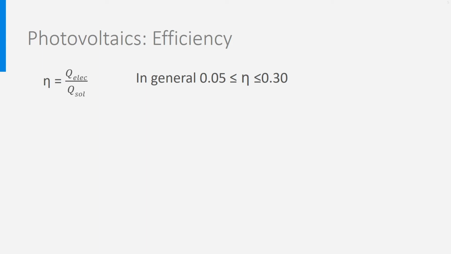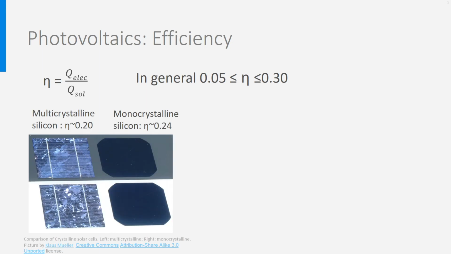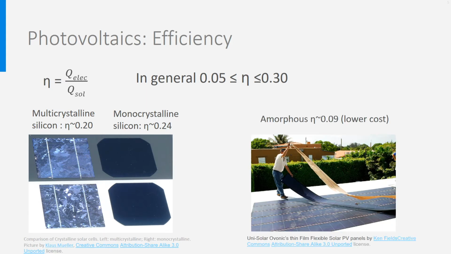Currently, 90% of all PV cells are made from silicon. Monocrystalline cells, right on the picture, are a bit more expensive but have a higher efficiency than multicrystalline cells, left on the picture. There are also developments around plastic materials, so-called amorphous organic or polymer cells, which are more flexible. For the moment, their efficiency is at the lower end, with 5 to 11% efficiency.